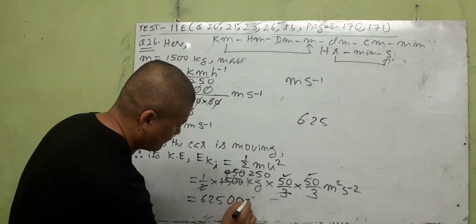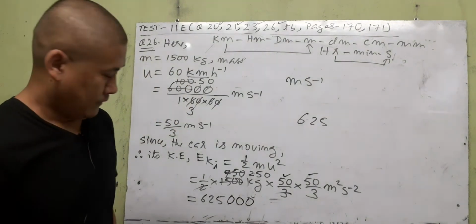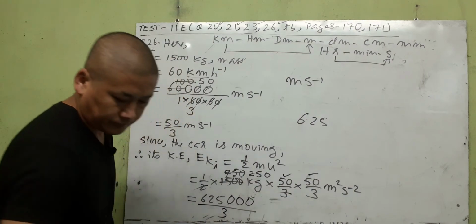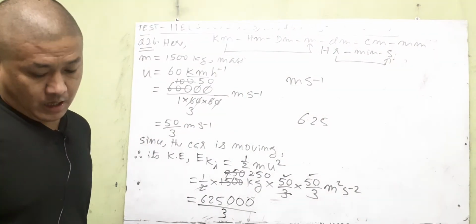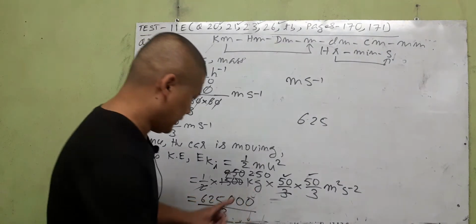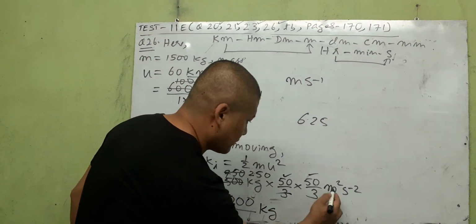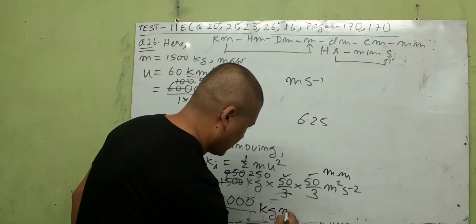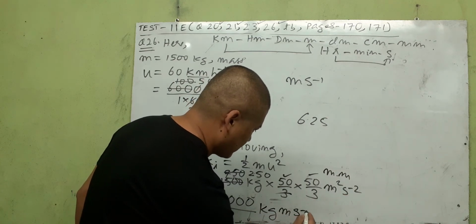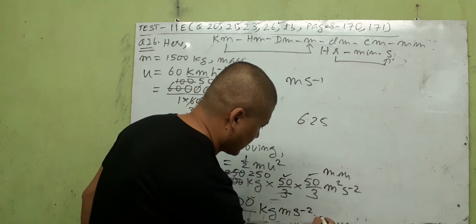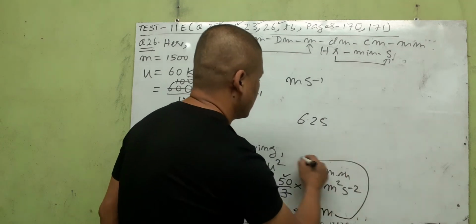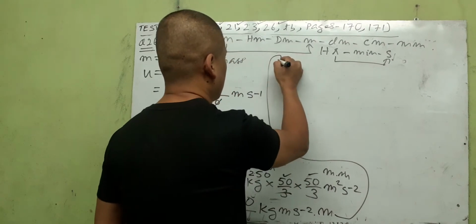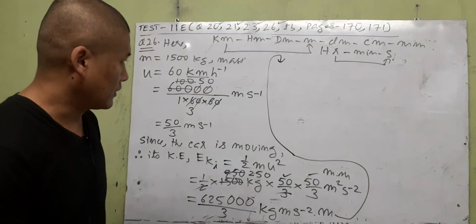So 1250 divided by 3 here. Then this is nothing but kg, this meter square, kg meter per second square into 1 meter. Let us put it back. So as we go on, here they'll give you equal to